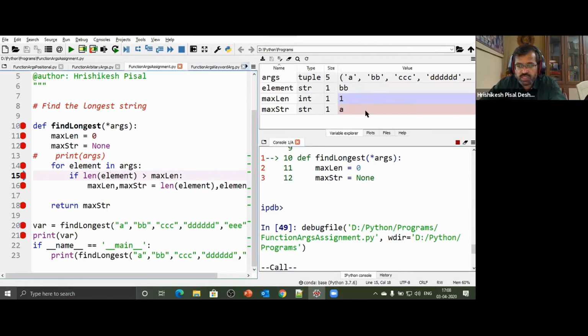तो 2 है, 2 ग्रेटर देन मैक्स लेंथ है क्या, हाँ, अगर कंडीशन ट्रू है तो आगे गए। अब इस बार मैक्स लेंथ हो गया BB, वॉच करो, मैक्स लेंथ हो गया BB और मैक्स स्ट्रिंग हो गया BB, उसका लेंथ 2 है। अगली बार मेरा एलिमेंट रहेगा CCC 3 वाला, वॉच करो CCC आ गया, अगली बार एलिमेंट CCC है, तो लेंथ ऑफ एलिमेंट कितना है, CCC का 3 है, 3 ग्रेटर देन 2 है क्या, हाँ, तो कंडीशन में गए, अब मैक्स लेंथ बन गया 3 और मैक्स स्ट्रिंग बन गया CCC।